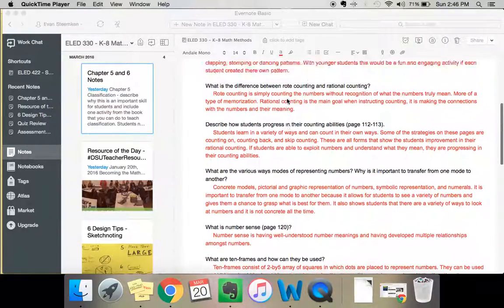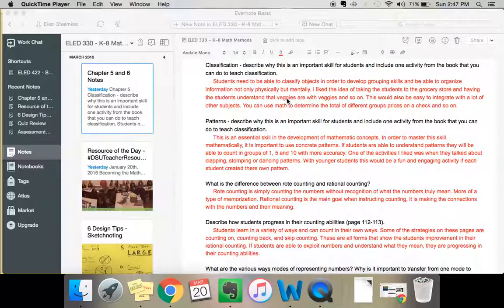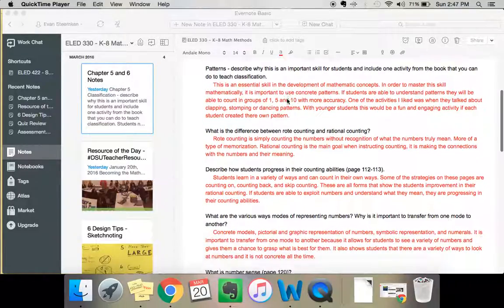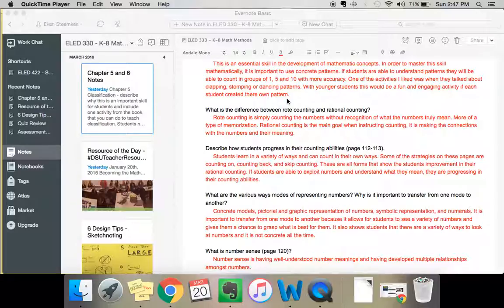What really stuck with me in chapter 5 was, I really like the idea of doing a patterns activity, if you were in a younger K through 3 class, of doing like clapping or stomping, like dancing, and including math in that, where they can say the numbers like 1, 2, 1, and they clap once, clap twice, clap once. I think that would be kind of a fun way to demonstrate patterns and get them to think about rational